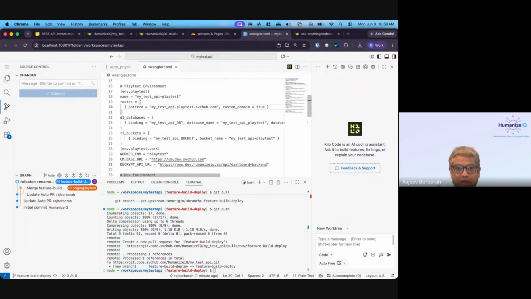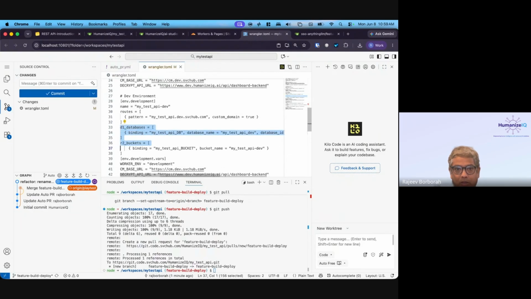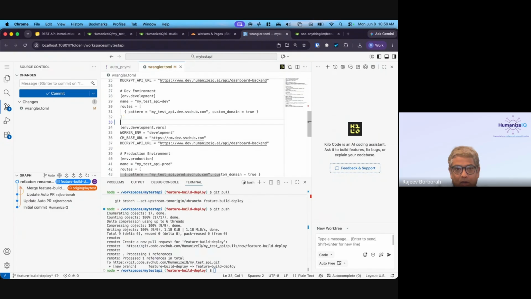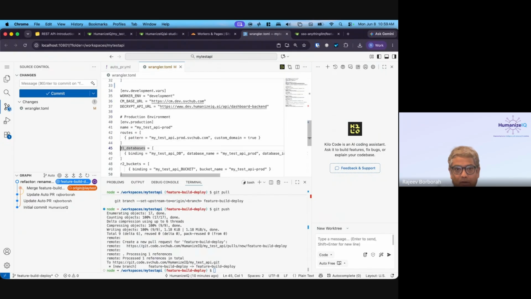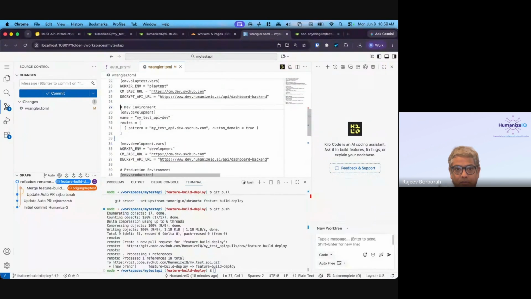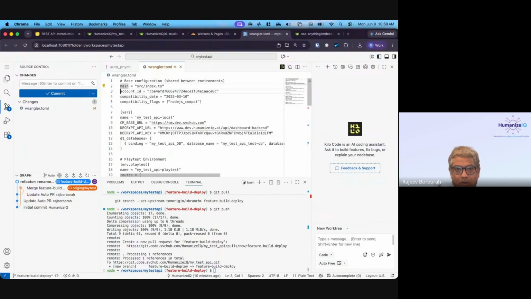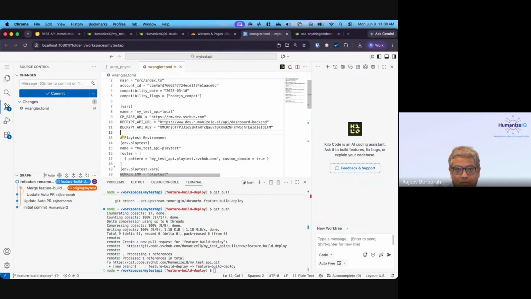So you can remove this stuff from your templates because you don't need them, and they are there because the template is there. And so if you need to use them, you can use them. If you have D1 databases, you can have them. But for now, I have removed everything. D1. Okay.